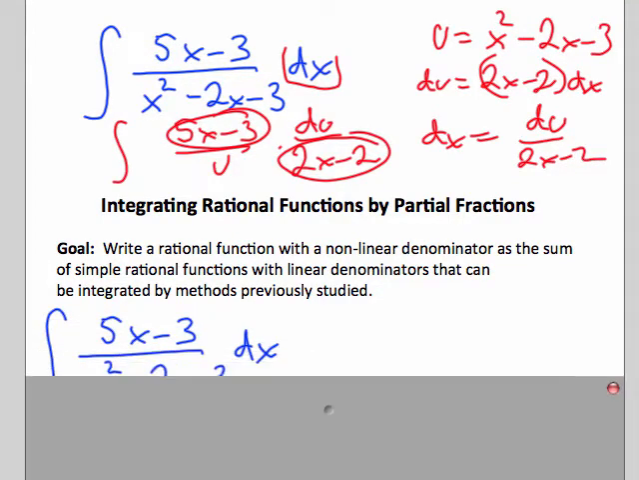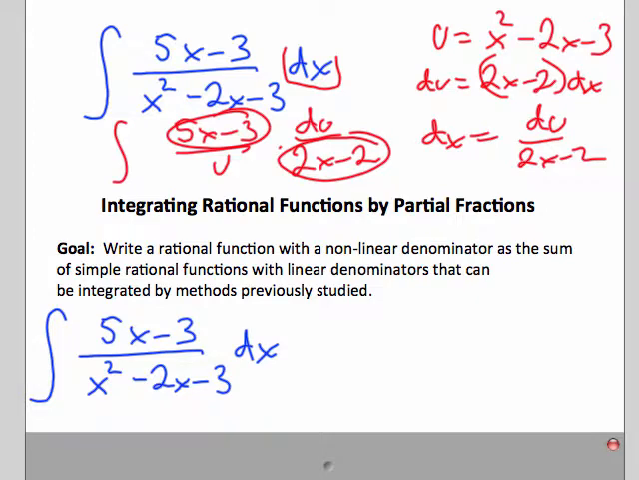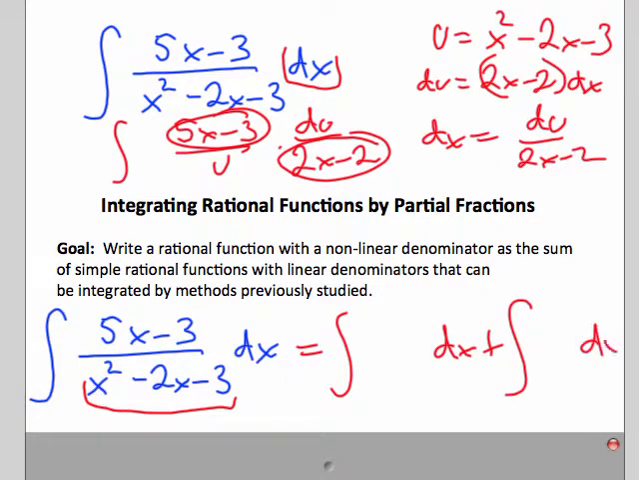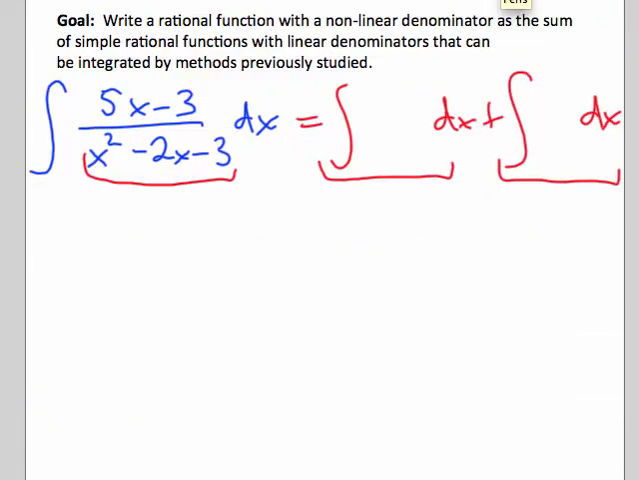And the goal here is to write a rational function that has a non-linear denominator, as this one does, as the sum of two other fractions that do have denominators that are linear. And if we can do that, that will allow us to evaluate these two expressions, which then would mean that we've evaluated the expression on the left. So the goal with this method is to take the expression that I have,